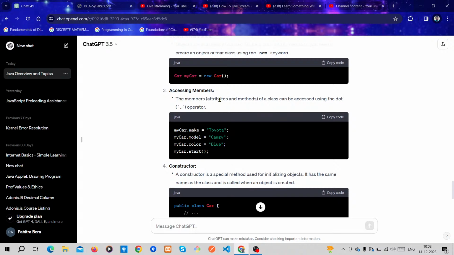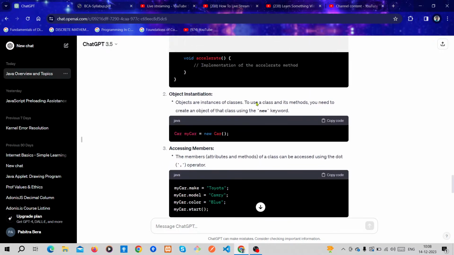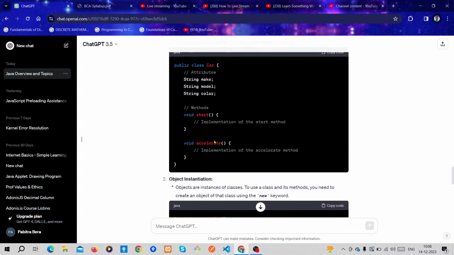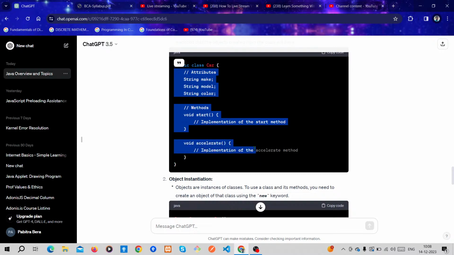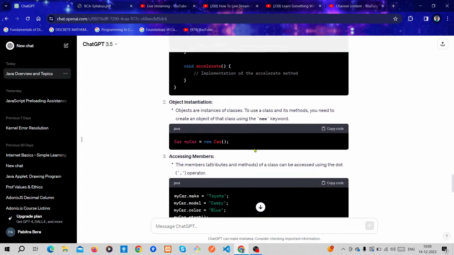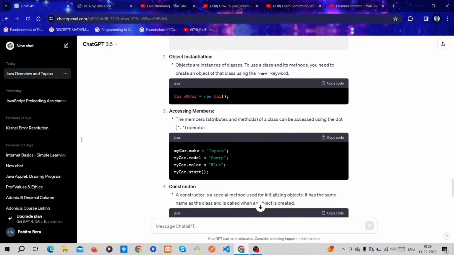The members are the attributes and methods which are declared or defined in a class. We can access them using the object: my car is an object name, and its type is car.